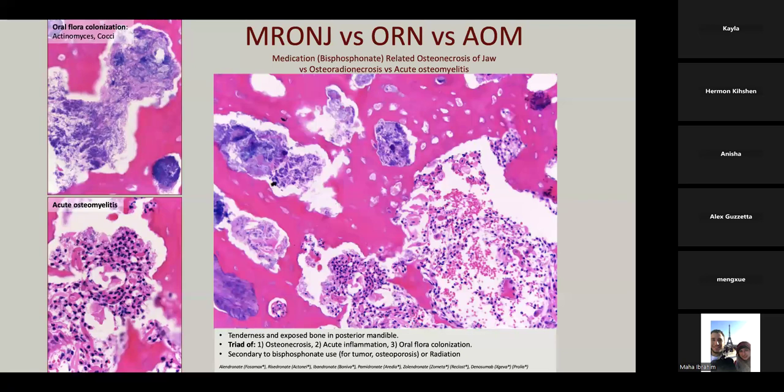meaning no nuclei in the lacunae, acute inflammation of neutrophils and oral flora, generally actinomyces and various cocci. This can either be one of three things: medication, usually bisphosphonate-related osteonecrosis, osteoradionecrosis secondary to radiation for other malignancies, or true traumatic infectious osteomyelitis of the jaw. And one needs to know the clinical context in order to differentiate between these three, but they all look histologically